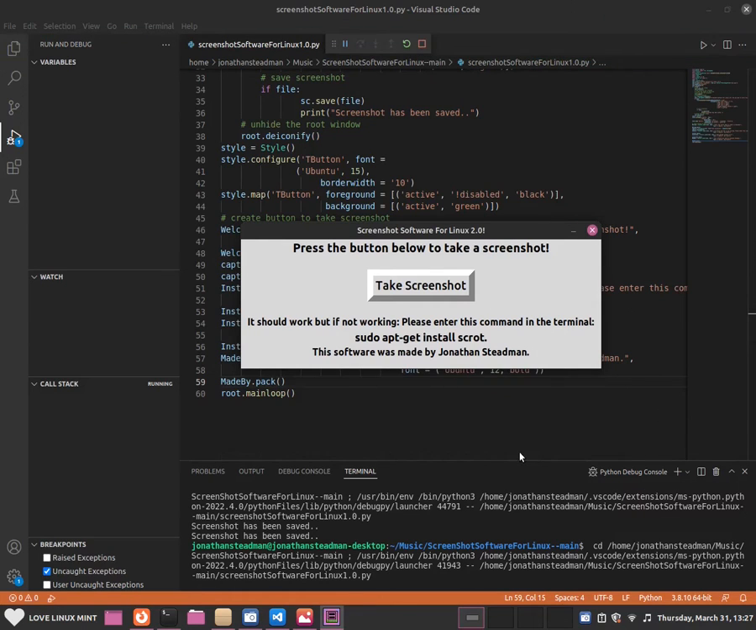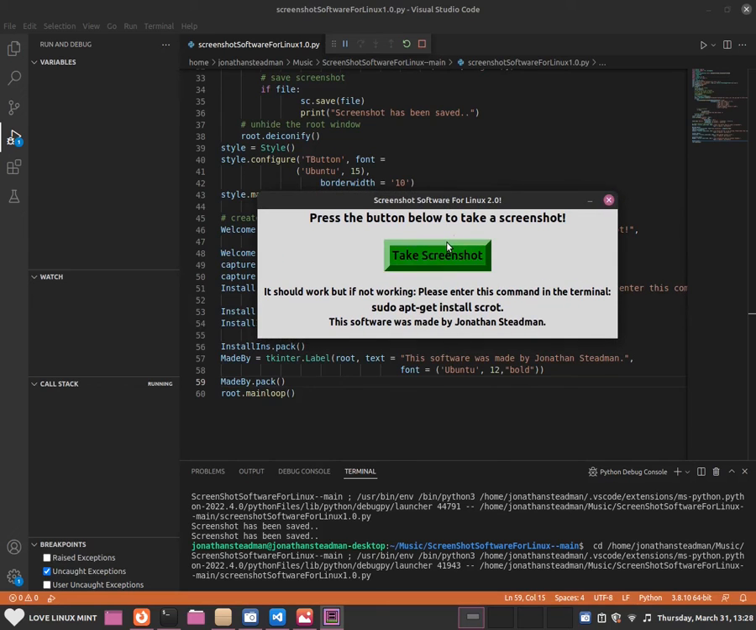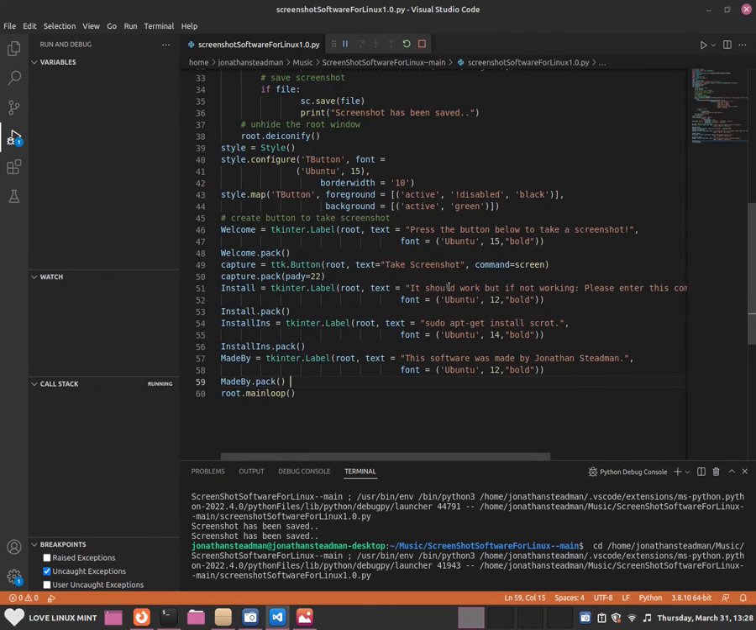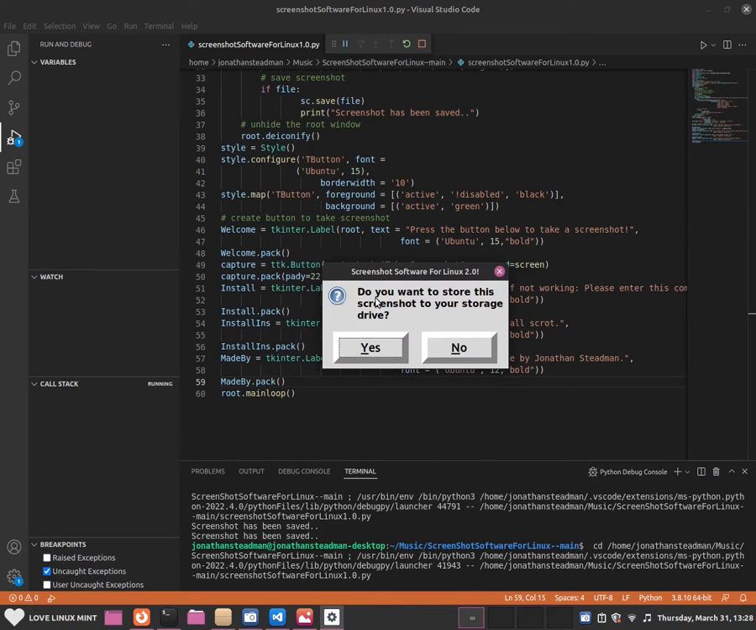sort of look. Now once I hover across the button, then you will be able to see a green background. So this is why I changed it, to make it look a lot nicer, and it does indeed look a lot nicer because you can hover across it and it does show up a green background. And once you click on the take screenshot button, now you will see this pop up, and it just asks you, do you want to store this